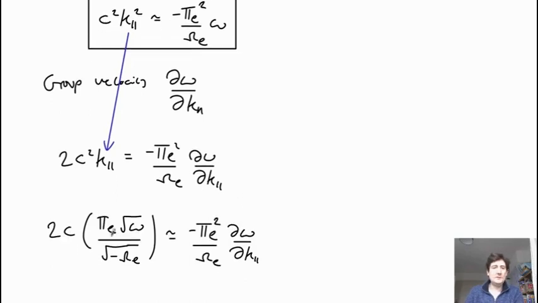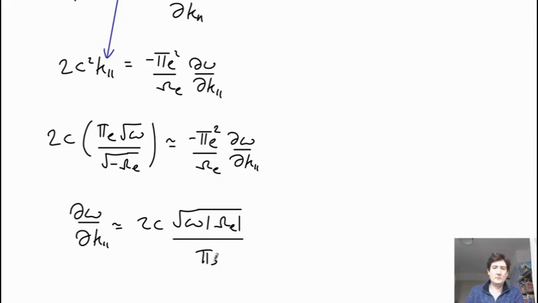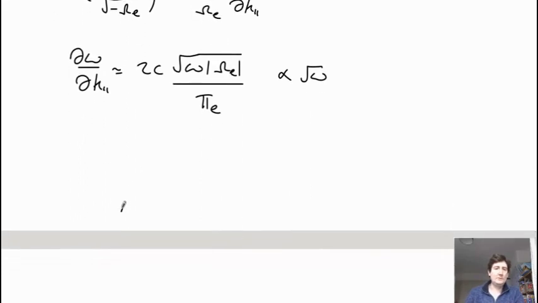And so we can rearrange this and write it out a bit more neatly, that we have d omega by dk parallel in this case is roughly 2 times the speed of light times square root of omega. Now the magnitude, because the omega e electron cyclotron frequency is negative, so it's the magnitude of that divided by the electron plasma frequency. And so this of course is just proportional to square root of omega. So the higher frequency waves travel faster,